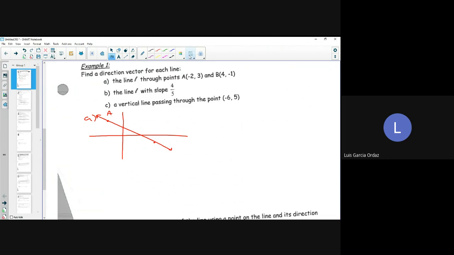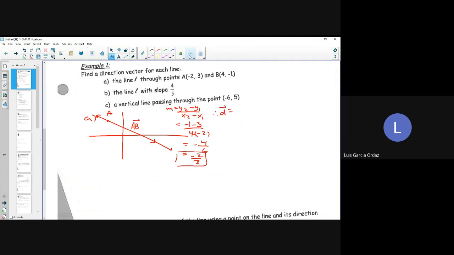So I need to find my direction vector. So my direction vector is going to be this vector, which is AB. It's going to be this direction vector here. So the way we find it is simple. We just find the slope of the line. We get M is equal to y2 minus y1 over x2 minus x1, which is equal to -1 minus 3 over 4 minus -2, which gives me -4 over 6. And if I simplify it, I get -2 over 3, which means my rise is -2 and my run is 3, which means my direction vector